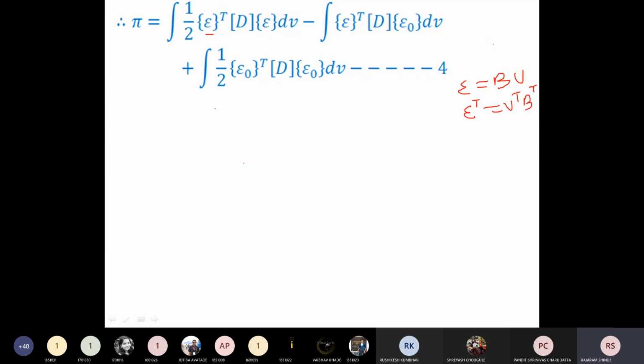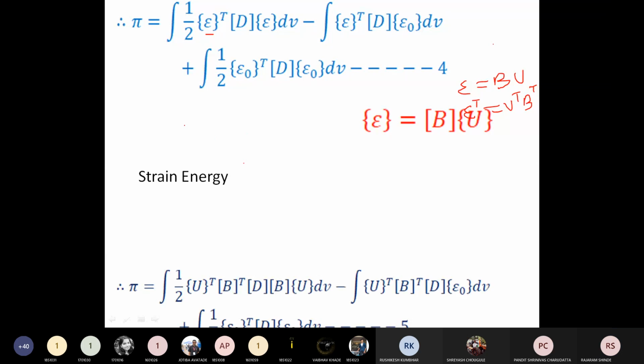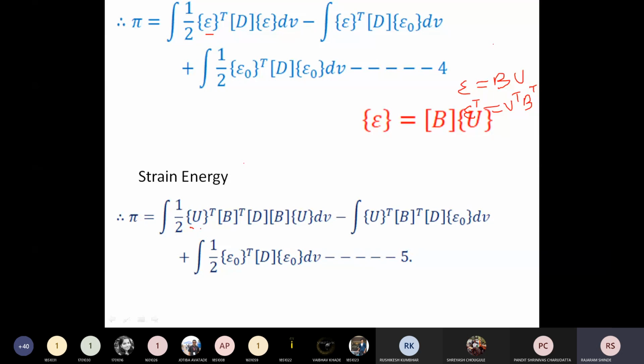Now I will get this pi matrix. Here I have written epsilon is equal to b into u. Pi matrix, that is the strain energy, is one half u transpose b transpose, this u. D is as it is. Next, epsilon is equal to b into u, or next, epsilon transpose is equal to u transpose b transpose. D is as it is and epsilon 0 is as it is. Now,